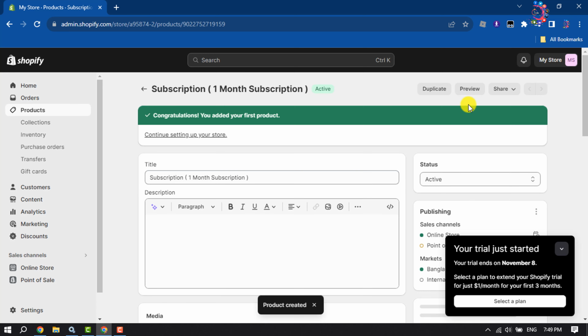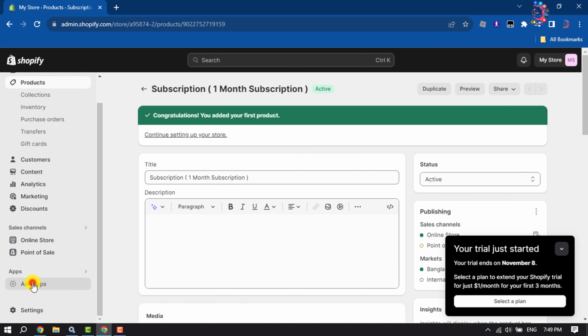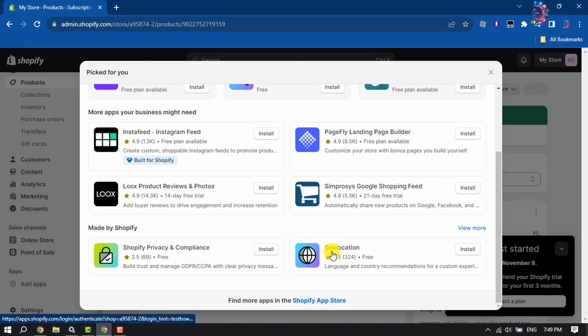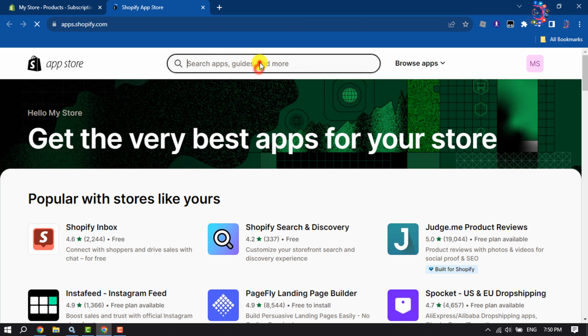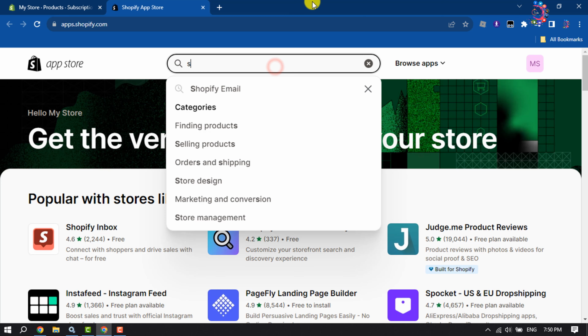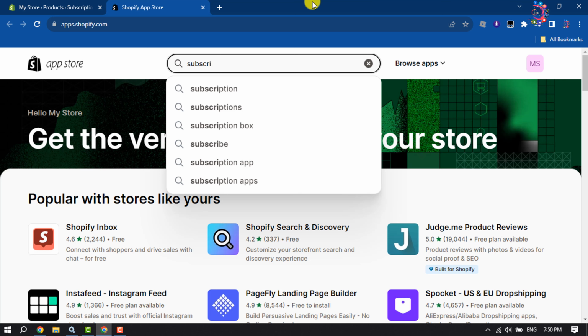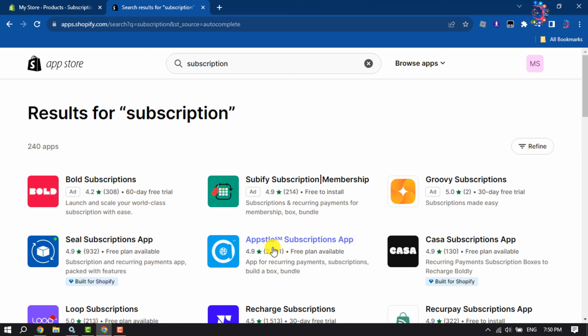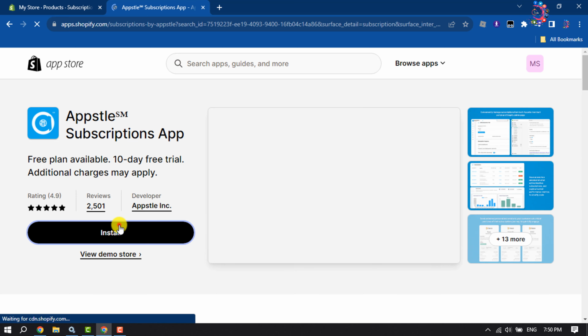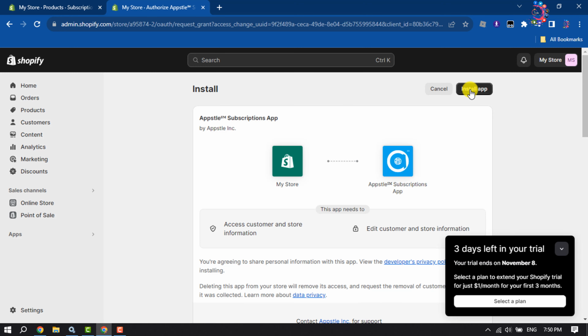Once done, now we need to install an app. So click on Add apps and click on Shopify App Store. Here, search for subscription, and we are going to install this Seal Subscriptions app. So install this app, click on Install app,